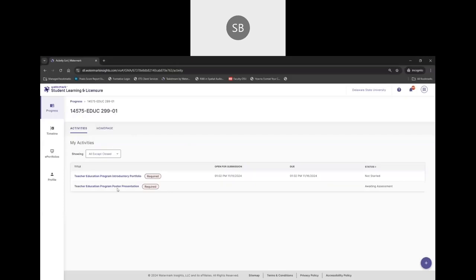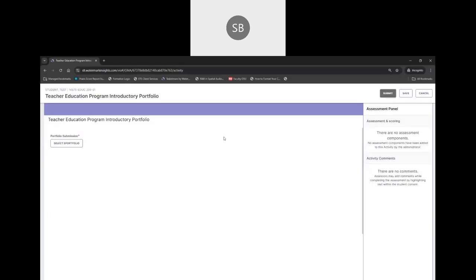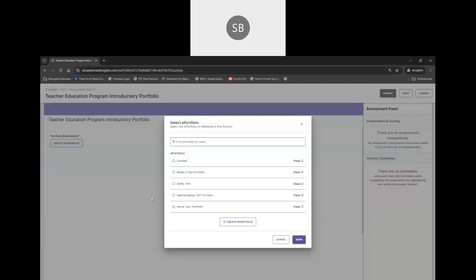You'll see those same two links listed, or it may take you directly into the page for submission. And if it takes you into the page for submission, that's fine. If it takes you to this page here, what you want to do is click Select ePortfolio. You shouldn't have any ePortfolios because you're new, so you want to click Create ePortfolio,